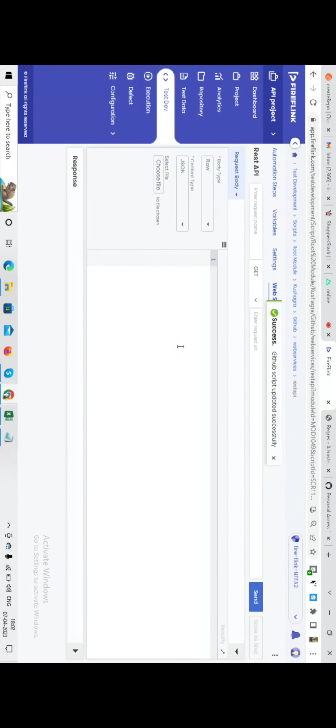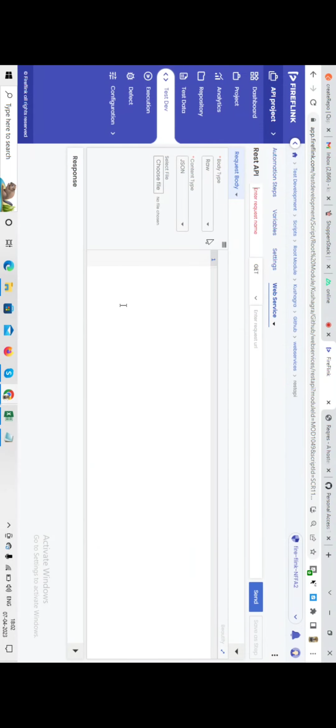Same thing you have to do here also, but now two things we will cover here. One, we will cover enter request name. Again I will come back, fetch repo, get and all these endpoints. Fetch repo, get is the operation, and what is the base URL. Now, just because I'm using this same base URL,